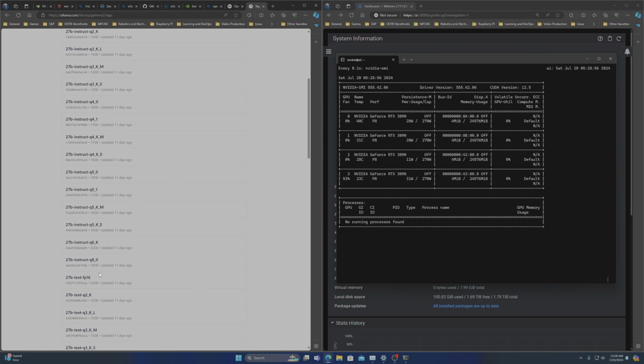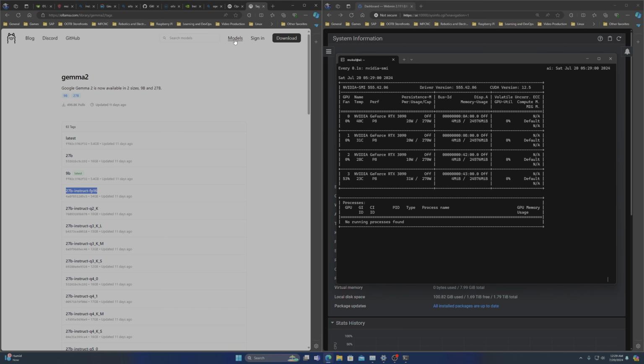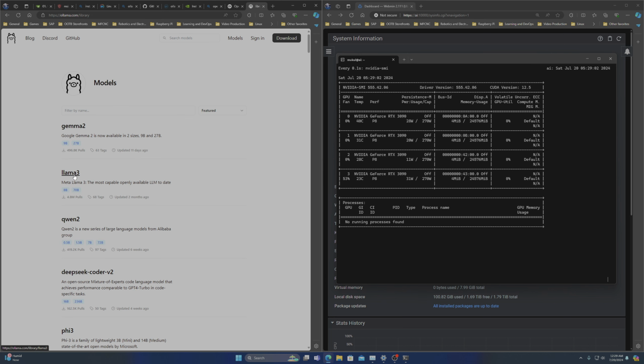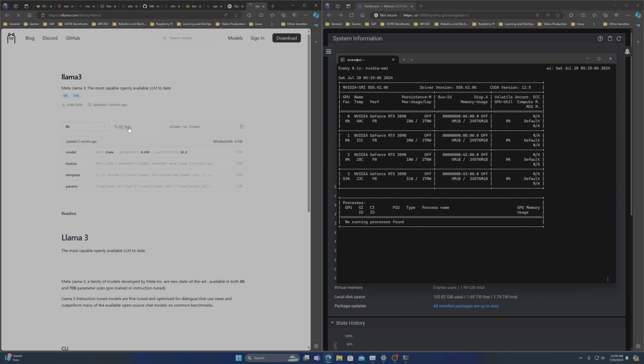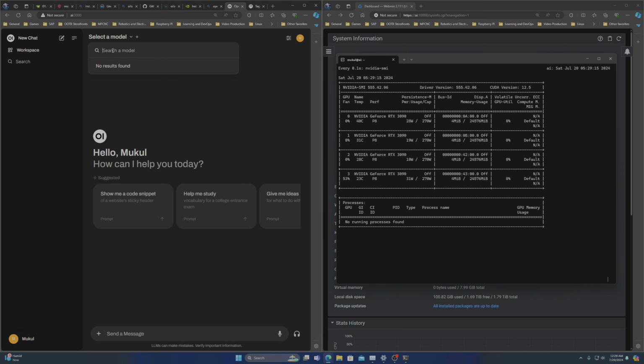Let's get this. You know what? Let's get a simple model first, so I can show you guys what it is. The best use case to show is Llama 3. Everyone wants to see this model, so let's just show the simplest model over here, Llama 3, right? So let's go over here, select a model. If you type Llama 3, it will pull that model from the OLLAMA server,